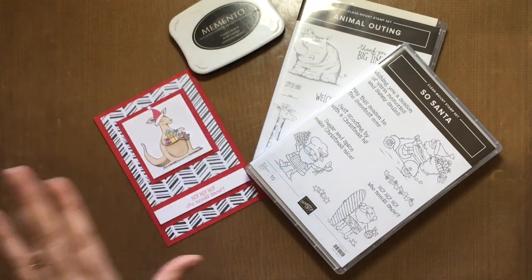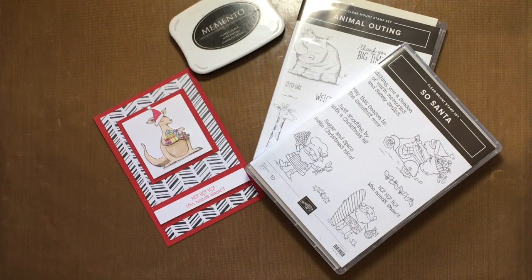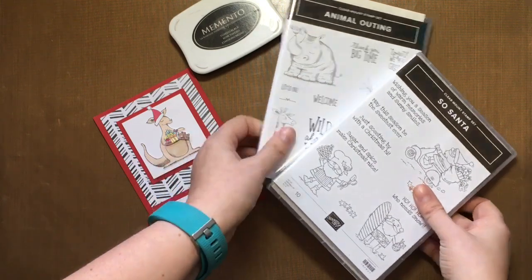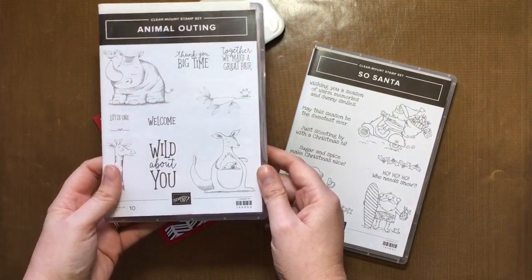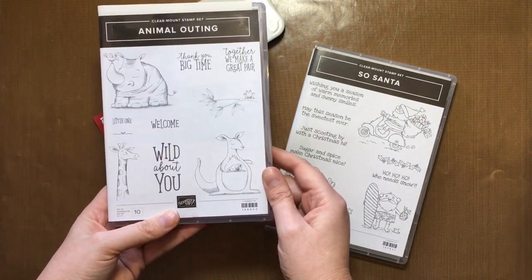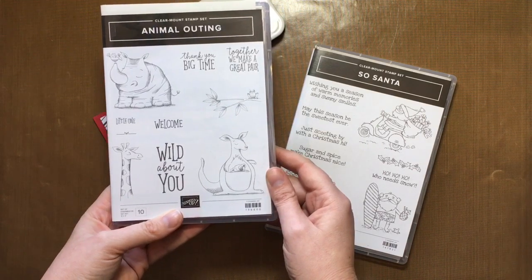But for me, I stamped out a whole heap of images one day and I was taking my son to play soccer, and while he was playing soccer I sat in the car and I coloured in tons and tons of images, and then when I came home I started playing with some of the images and came up with this little guy. So the kangaroo is from the Animal Outing set, which is in the 2018 to 2019 annual